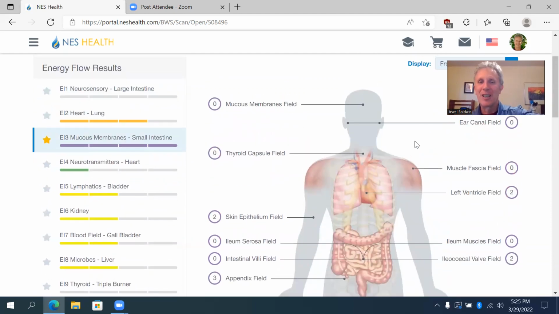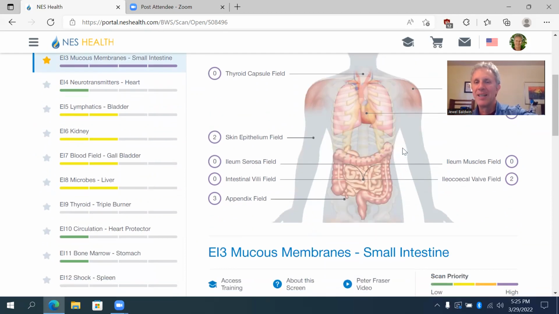So that includes the mucous membranes, the ear canal, the thyroid, the muscle fascia here on the shoulder, the left ventricle field. You can see all the way down into the intestinal villi field. So again, the recommendations that would come off of this could be dietary recommendations, herbal recommendations. I might verify some things with the microscope too, the live blood or other blood chemistry or something, but I